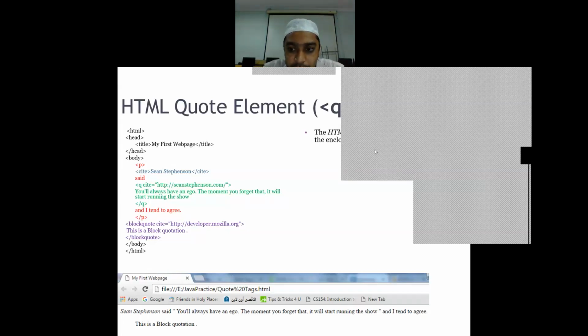Is it audible now? Can anyone remind me from both the shifts till where we have done? Have both the shifts done with this Q tag, code tag?